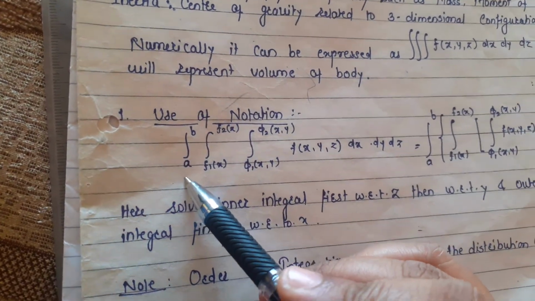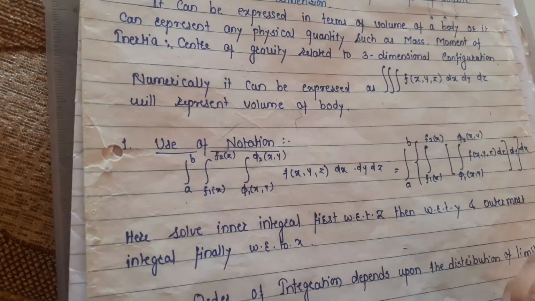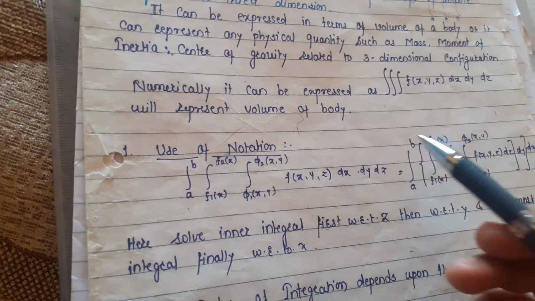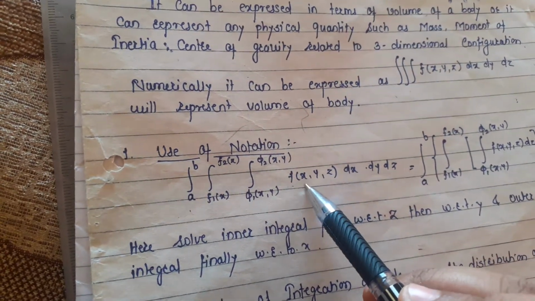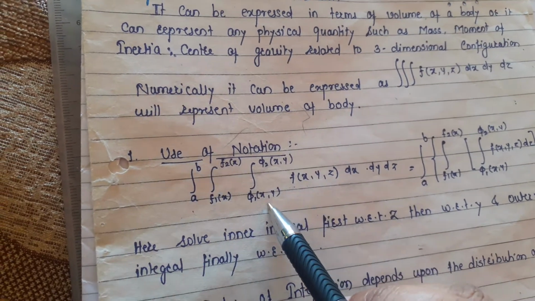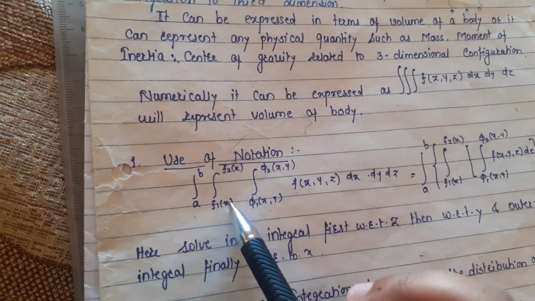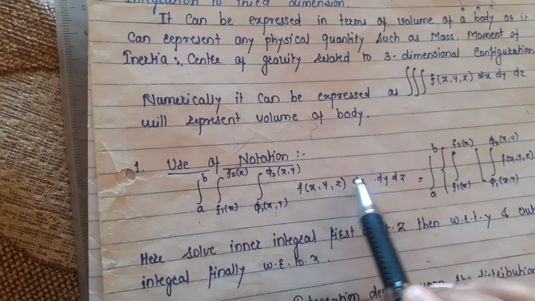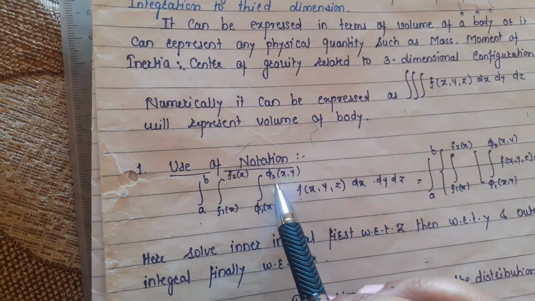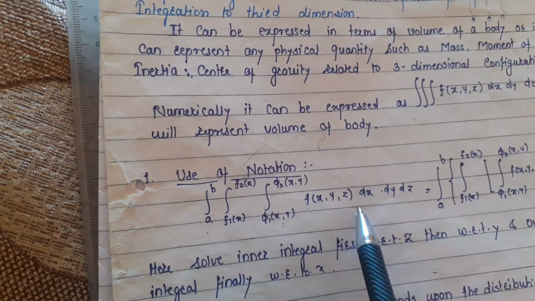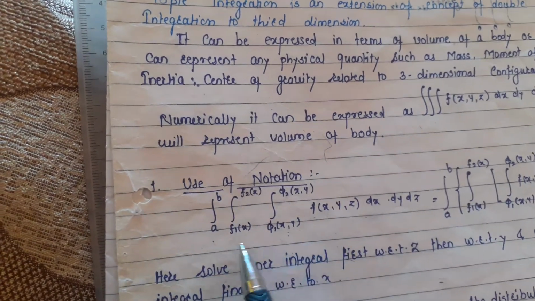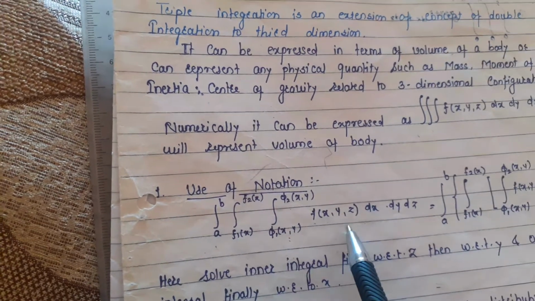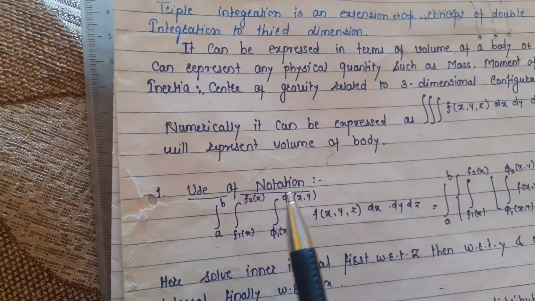In two dimensional or double integration we have seen that if the function is in x and y, then the first integration is in terms of y or in terms of x, and the outer integration has constant limits. Now here there are three variables, so if I consider z as the variable for the first integration, then the limit is in terms of x and y. After taking z's integration, that converts into x and y. Then we take the integration with respect to x, then only y remains. Then apply the limits and take its integration, then the constant values are applied.